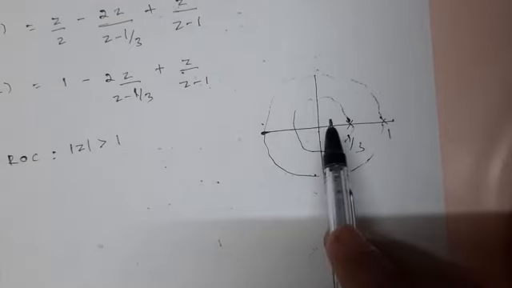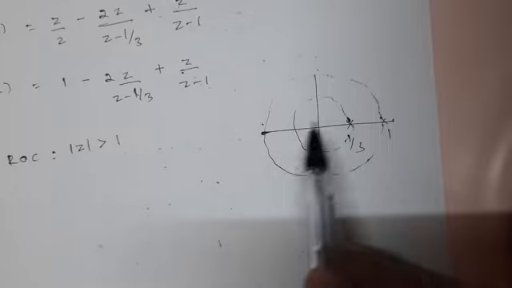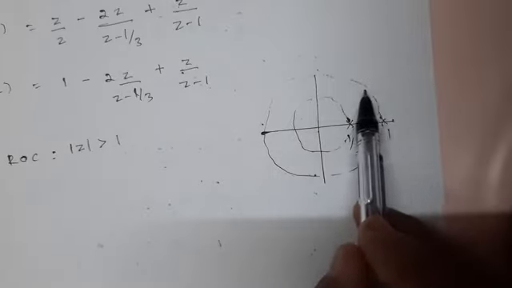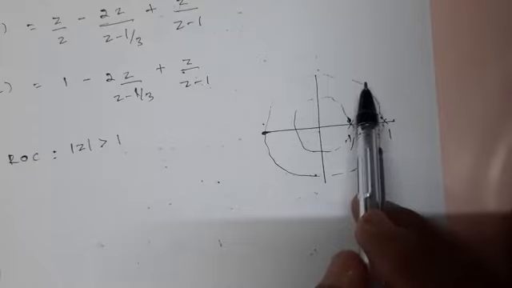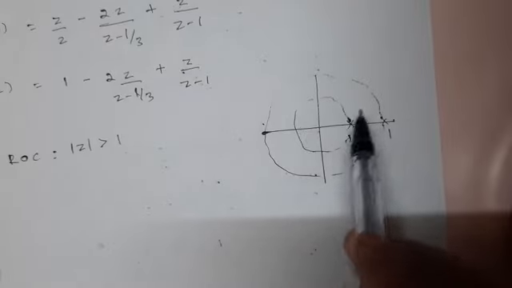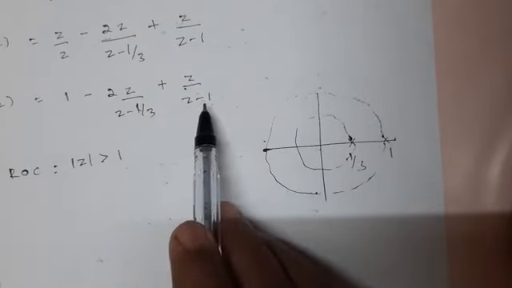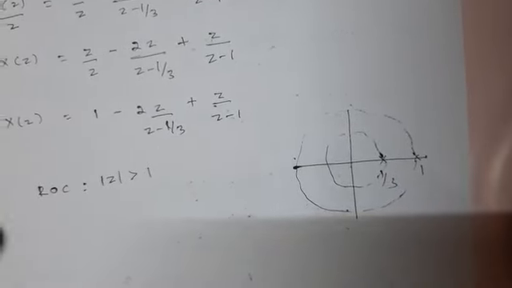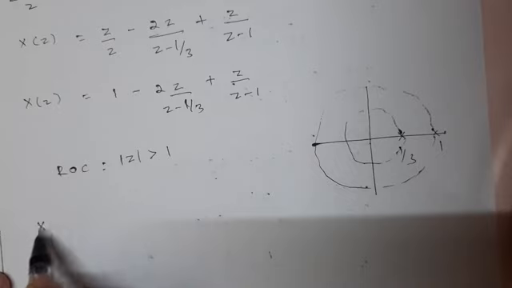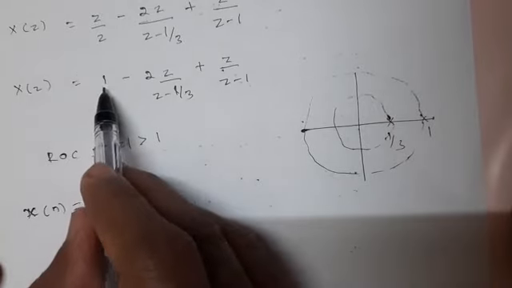Okay, you know that with our previous knowledge of z transform of positive time and negative time or double-sided exponential sequences, when ROC is greater than a, then it is positive time exponential sequence. When ROC is less than a, it is negative time exponential sequence. When ROC lies between a and b, it is a double-sided sequence. Now ROC is z greater than 1. So greater than 1 by 3 and greater than 1 means both these two sequences are positive time exponential sequences. So x of n is equal to, so x of z is 1.